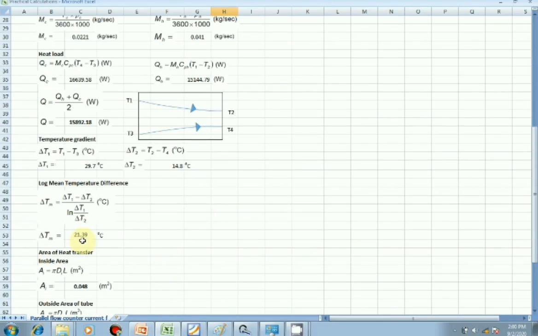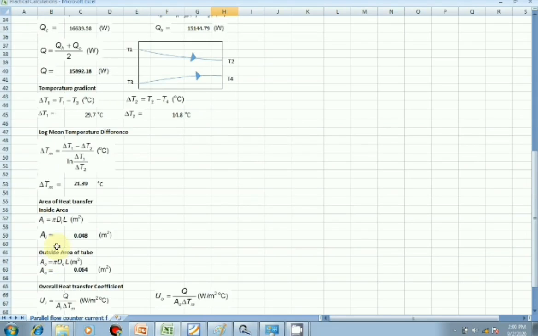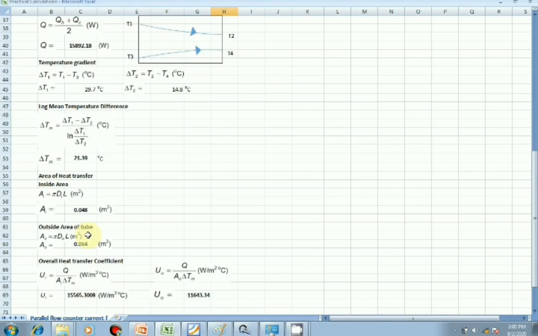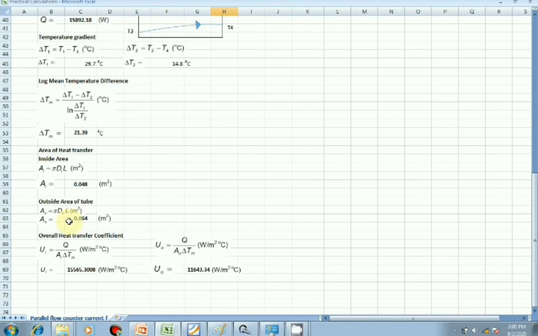Then we calculate the inside area. We got the value of the inside area AI to be 0.048 meter square. Then we calculate the value of the outside area, and we got it to be 0.064 meter square. Then we calculate the value of UI, that is the overall heat transfer coefficient with respect to the inside area. We got its value to be 15,565 watt per meter square degree Celsius. And the overall heat transfer coefficient with respect to the outside area, we got it to be